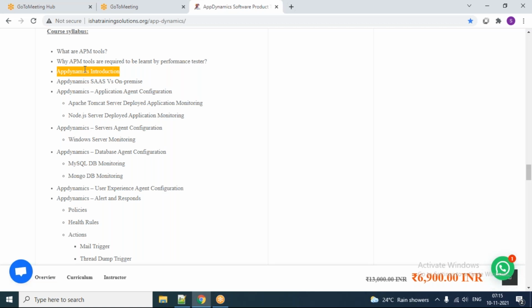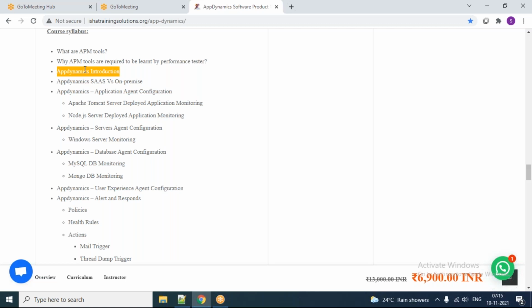When we are going for the SaaS model, what are all the things, and when we are going for the on-premises model, what are all the things you need to get clarity on? Maybe you are working for so-and-so customer, what deployment model do you want to propose to the customer? Like that we are going to discuss, so that also we are going to learn.